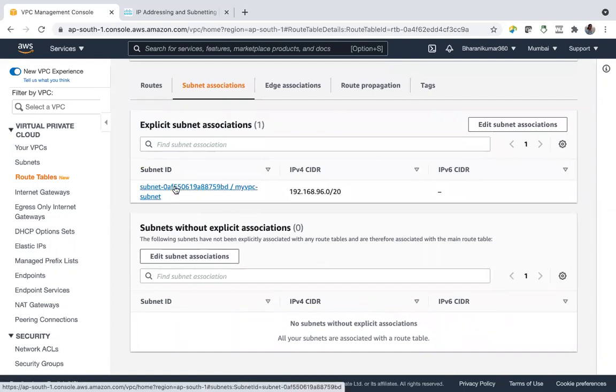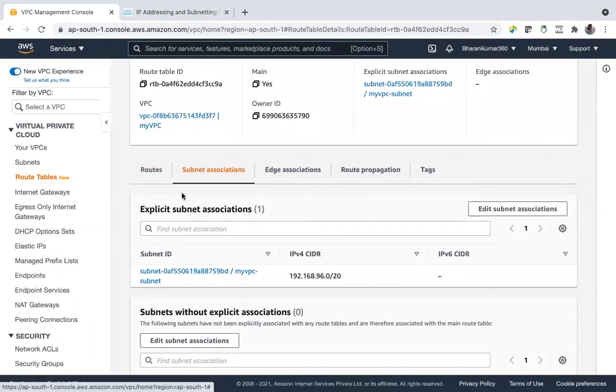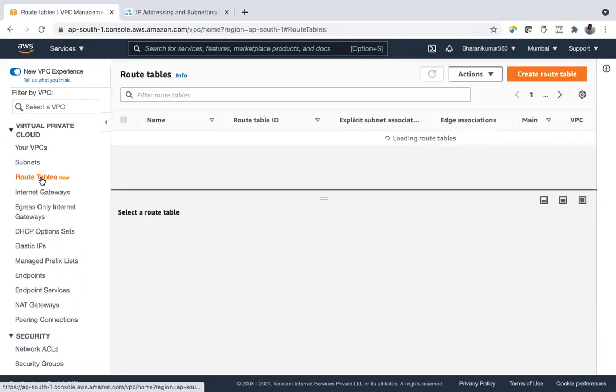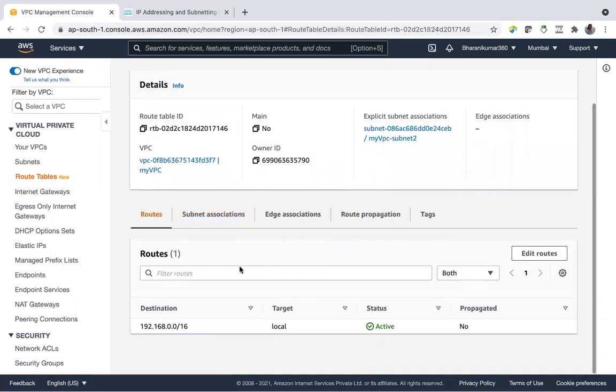So here this subnet is associated with the public route table. So you can launch all your production servers or application servers in this subnet. And this is the private route table.